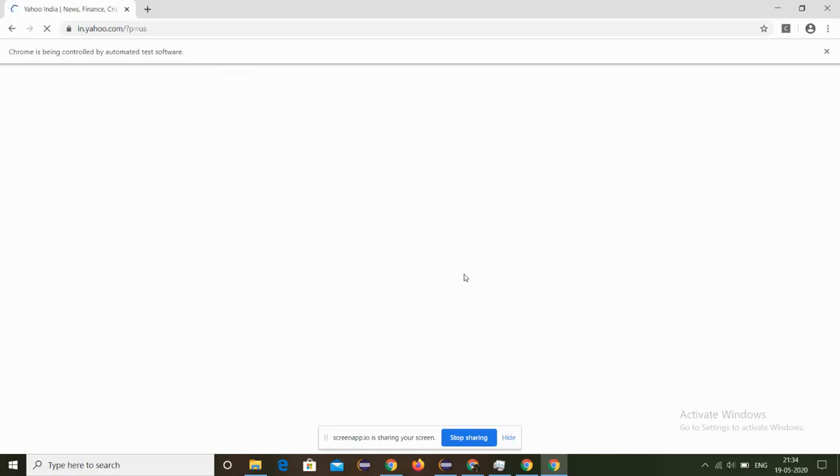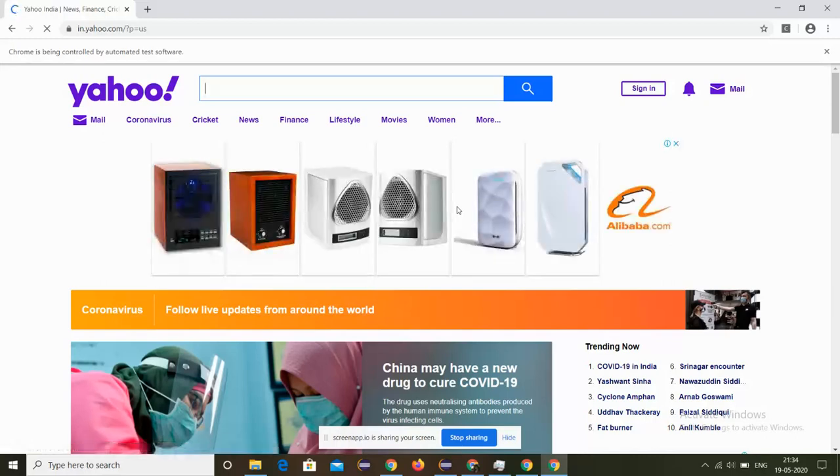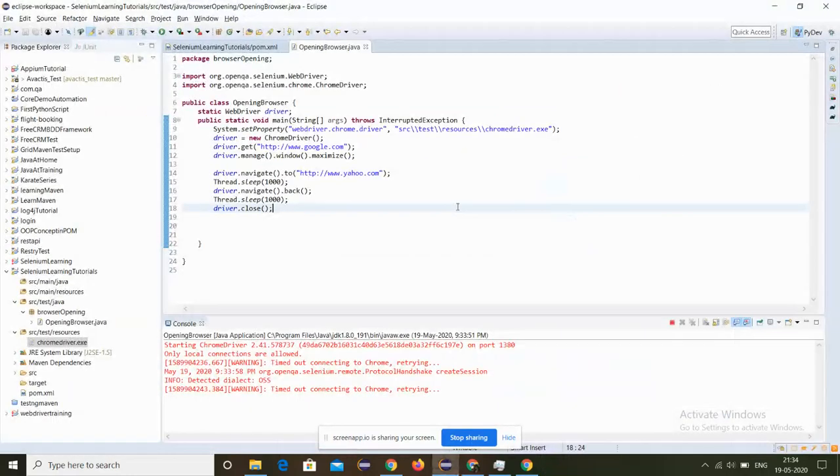It is going to the Yahoo page. It will wait for 1 second after loading, so you can see that this area is blank; it will load some content here. After loading, it will go to the first URL. Okay, after going to Google, it closes the browser.